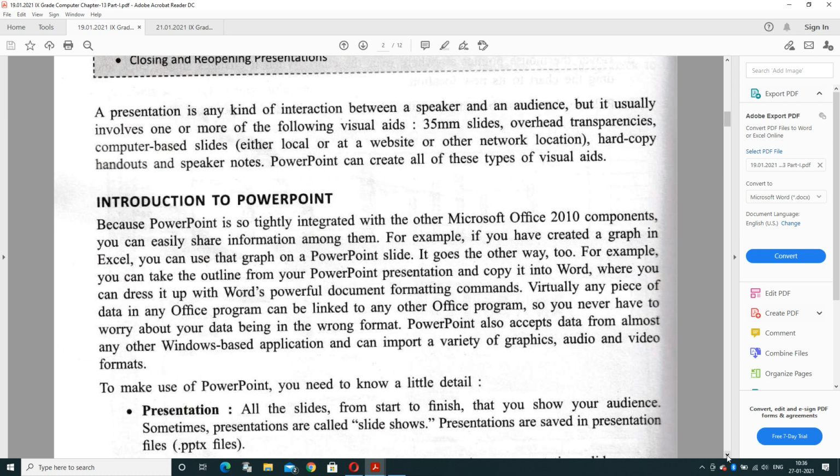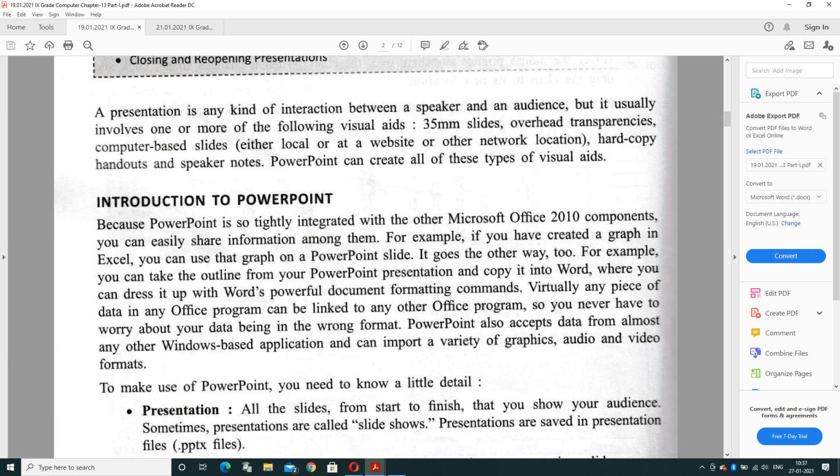For example, you can take the outline from your PowerPoint presentation and copy it into MS Word. It means we can insert the functionality of one software in another. Like we can add the functionality of MS Word in PowerPoint, and we can add the functionality of PowerPoint in MS Word. So any piece of data in any Office program can be linked to any other program.